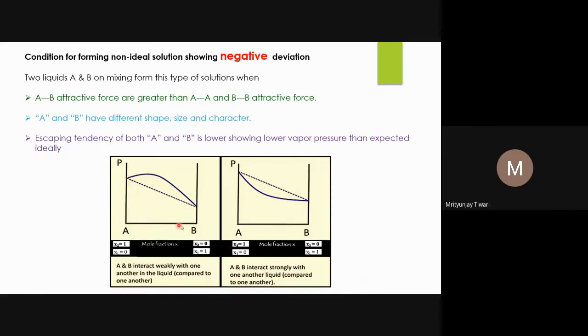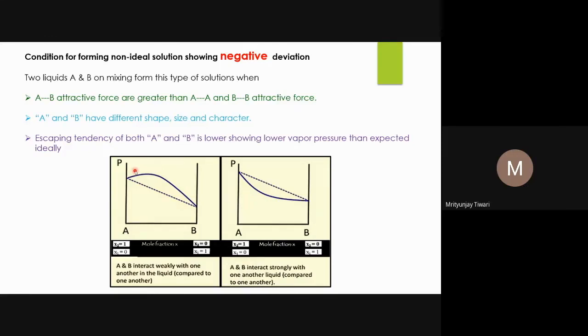This is pure ethanol. This is pure water. So as soon as you increase the water concentration, that means the ethanol concentration is initially high. Pure ethanol, this is pure water. So with that, the vapor pressure should decrease, meaning the boiling point should increase continuously. Vapor pressure is decreasing, but this shows the deviation from Raoult's law that we have seen.